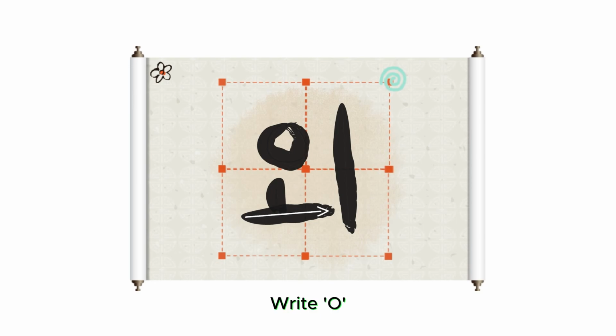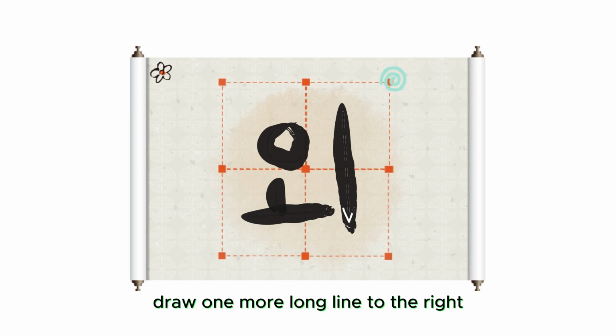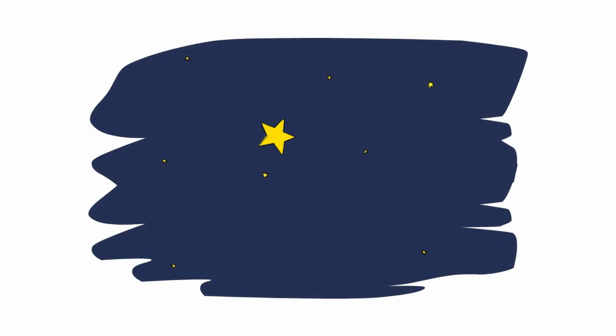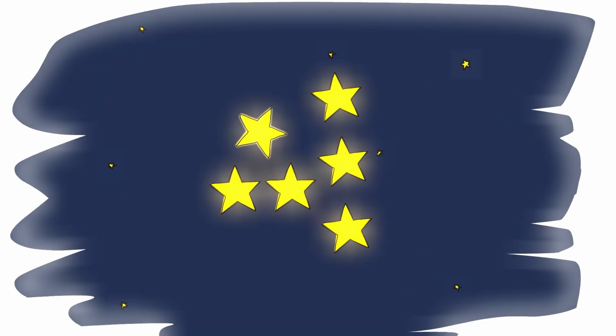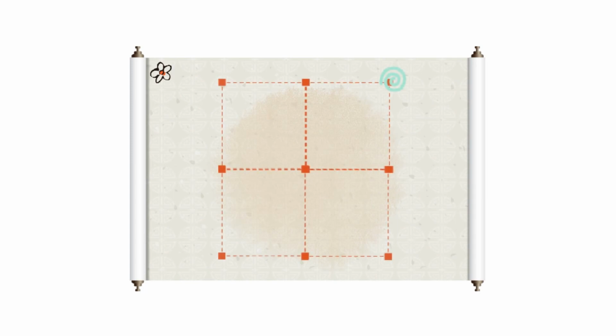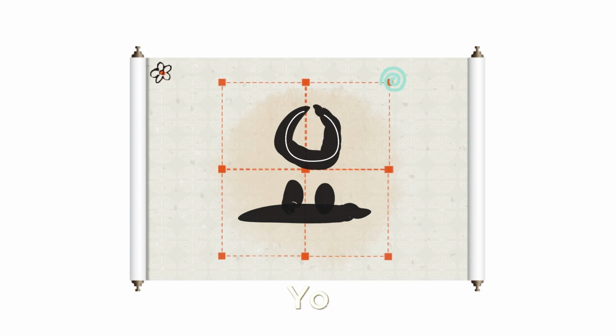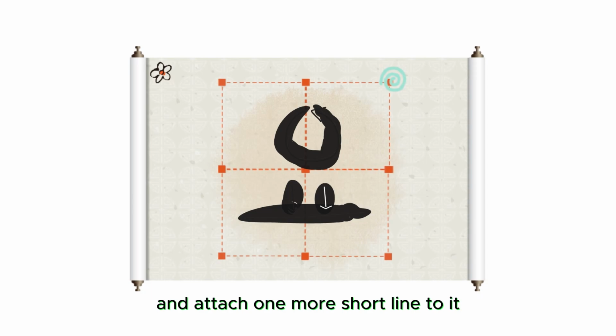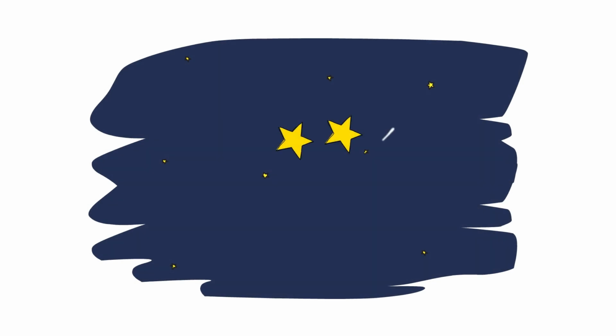Right. 오, draw one more long line to the right. 왜, 요, Right. 오, and attach one more short line to it. 요,